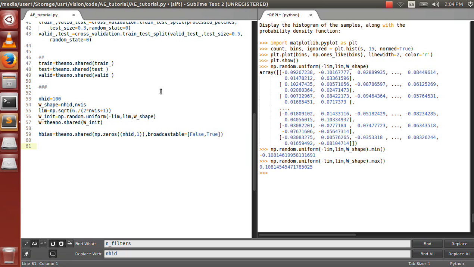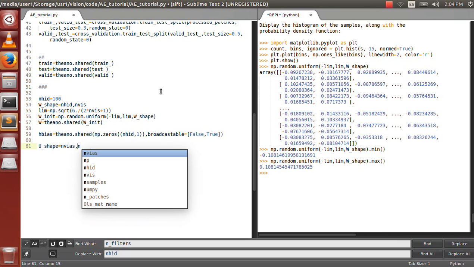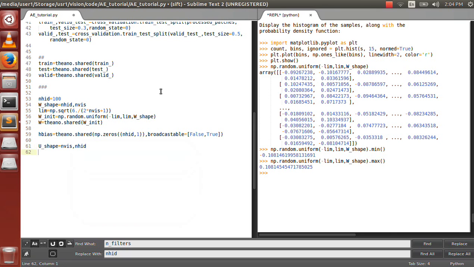So for the case of the hidden units in our autoencoder, the fan in is just the number of visible units, and fan out is also the number of visible units, because we are going to reconstruct the visible vector from the hidden layer. So we can replace this by 2 into nvis, and this becomes the limit for the uniform distribution from which we are going to sample.